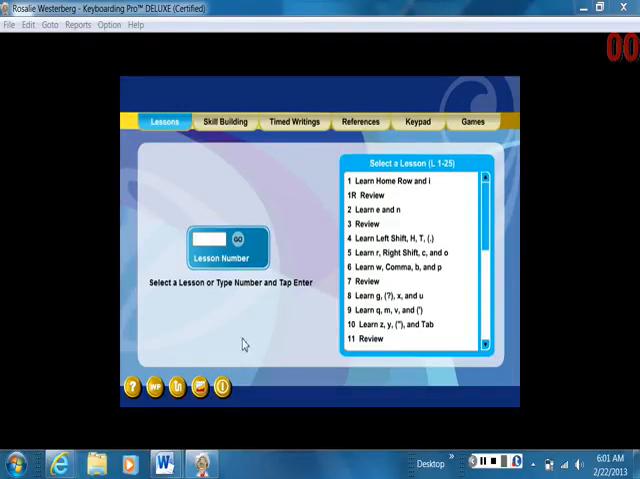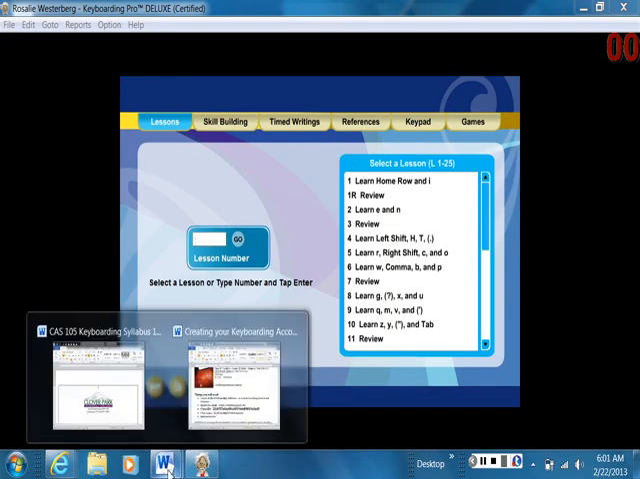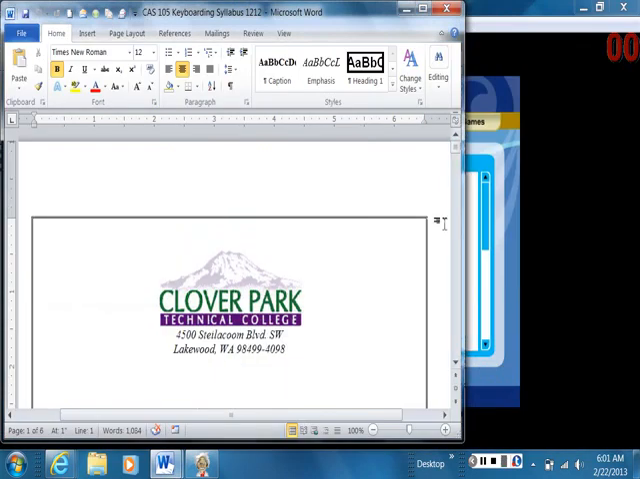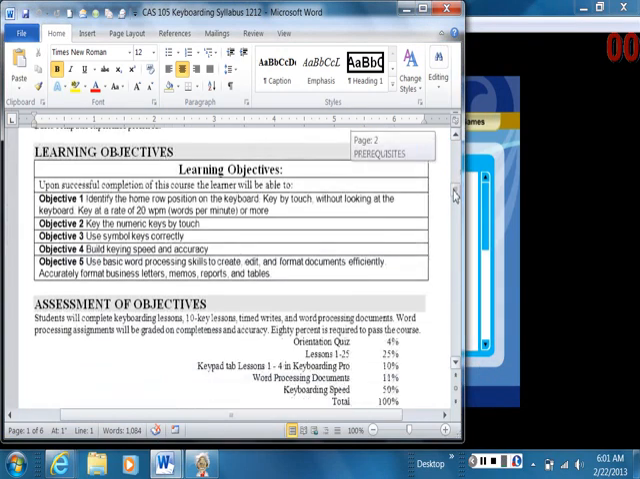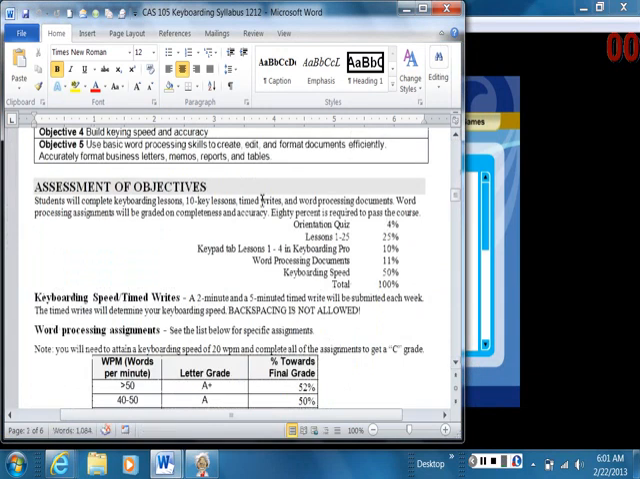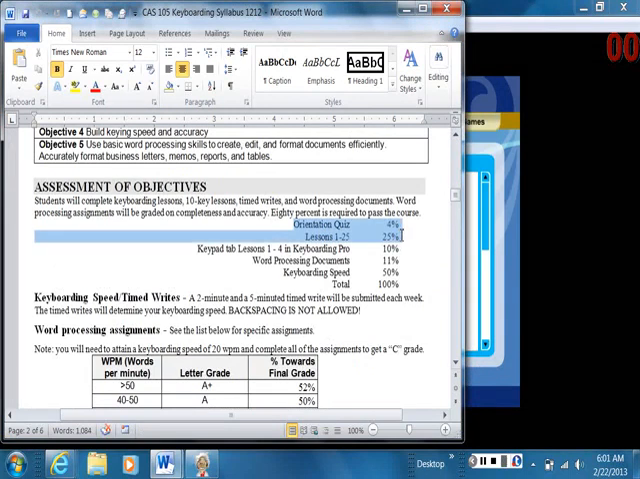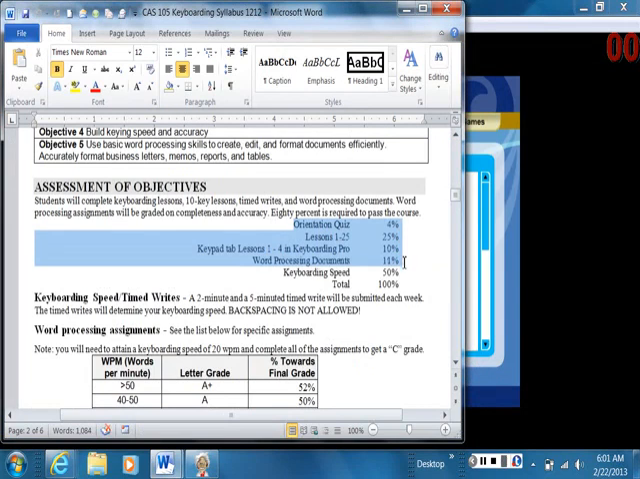So what do you have to do to complete your class? There's 3 basic tabs in the keyboarding program itself that we use, and we do some word processing. If you refer back to your syllabus or to the Getting Started instructions, as you scroll down through the syllabus, it tells you what we need to do. Underneath the assessment, it says we have the orientation quiz, lessons 1 through 25, keypad lessons, word processing documents,